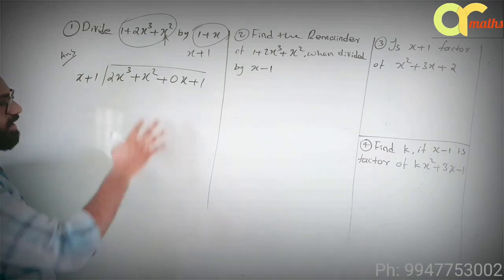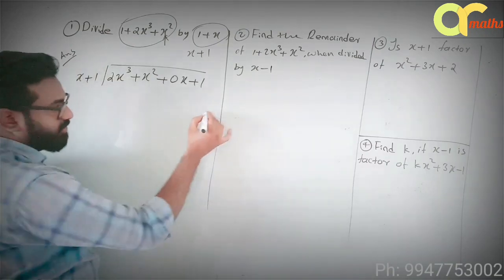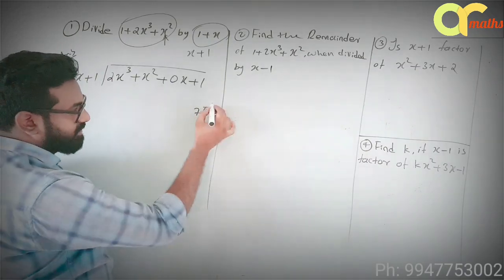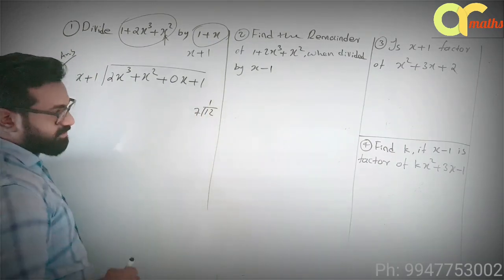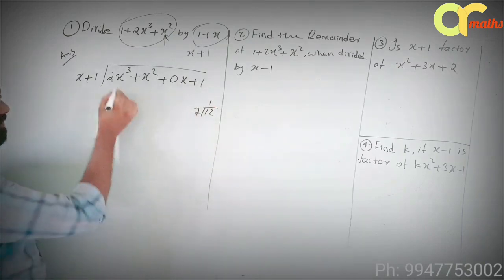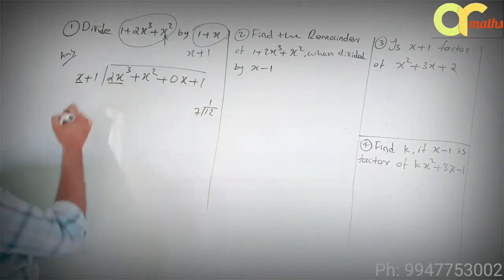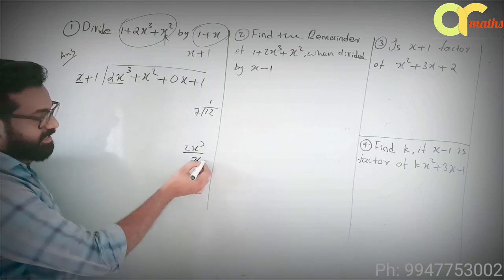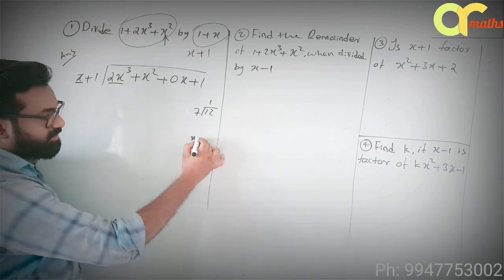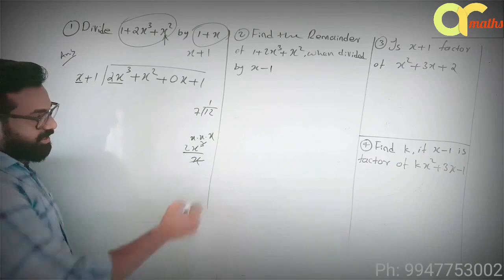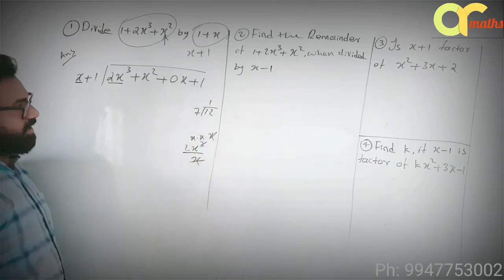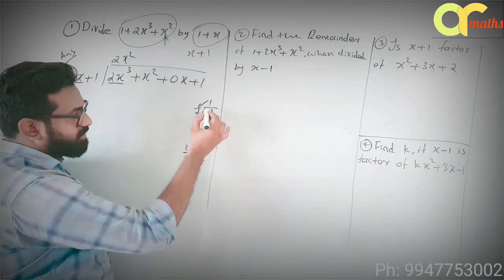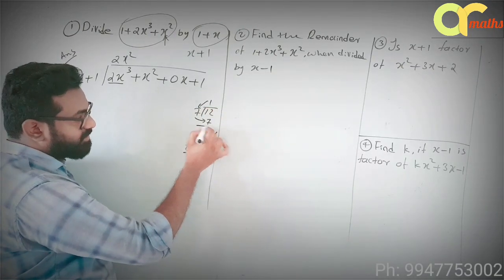Then how to divide two equations? How to divide 12 divided by 7? In 12 how many times? 12 divided by 7 is 1 times. So here also like this, 2x cube divided by x. What is 2x cube divided by x? You can cancel x in x cube. x cube means x into x into x. From there you can cancel one x. So x into x is x square. 2x square. Ready? Next 1 into 7, that is 7.